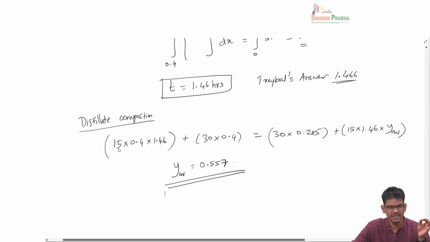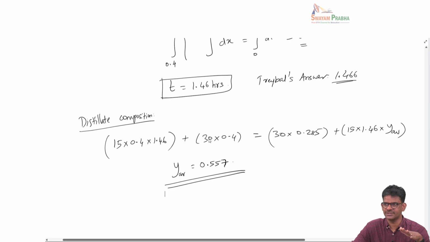That would be 15 times 0.4 times 1.46. 15 is the moles per hour times 1.46 hour. So that will be the total moles multiplied by the mole fraction, which is 0.4. That will give you the number of moles of A charged into the kettle over a period of 1.46 hours. But the still was started with an initial charge of 30 moles containing 40%. So this was also there in the beginning. So this is the total moles of A that has been there initially, and that has been added over a